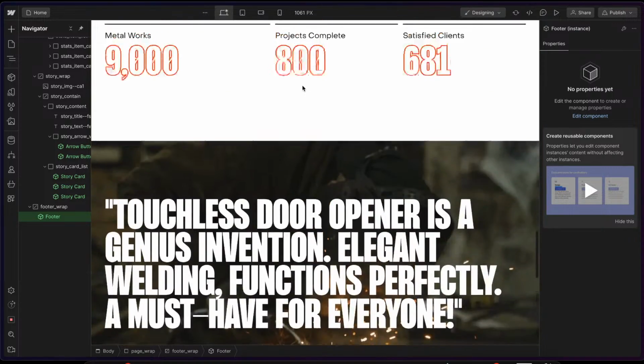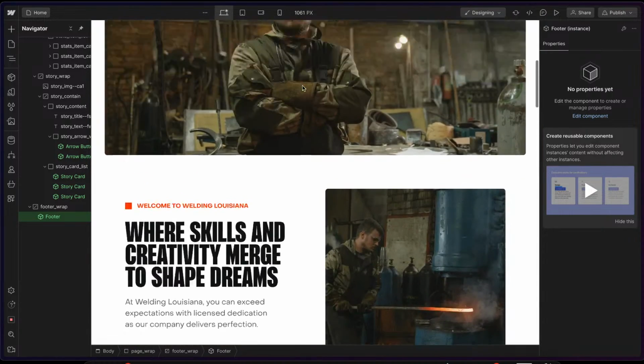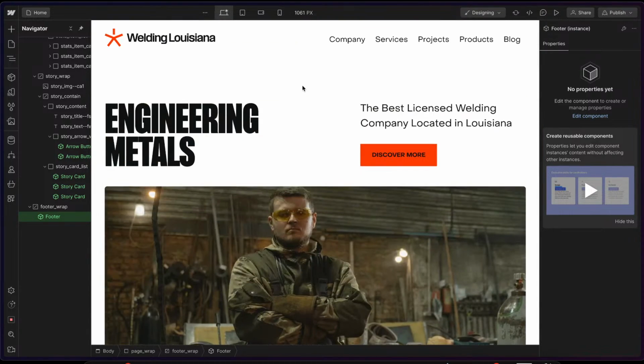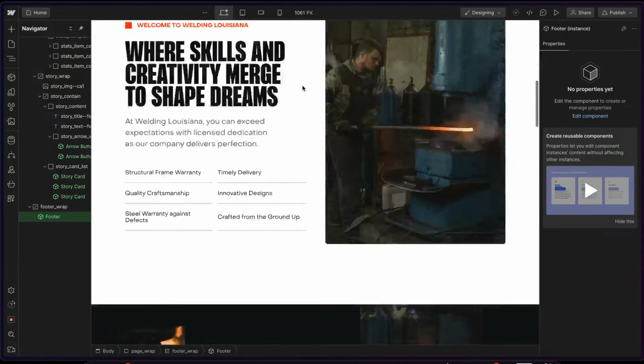And that's a day. So yeah, that wraps up everything about how to build this fully responsive lander in Webflow using all the Lumos variables. I hope you've enjoyed this